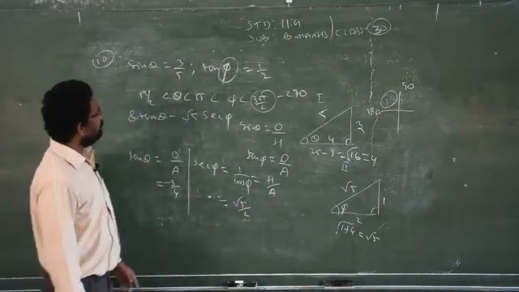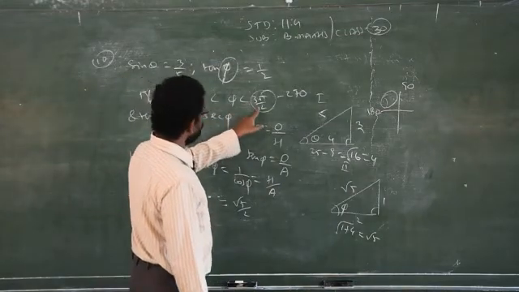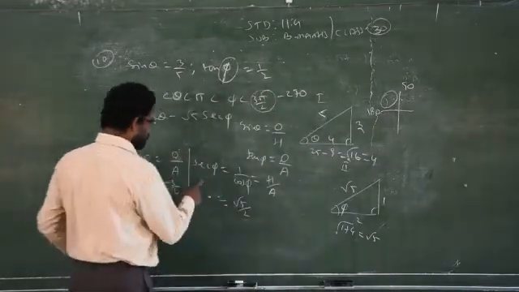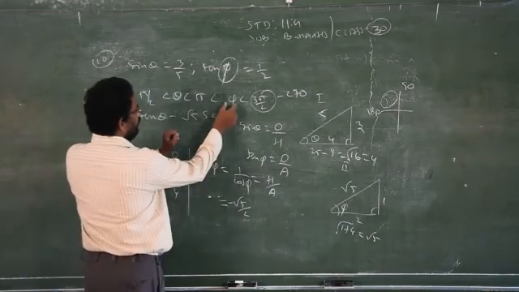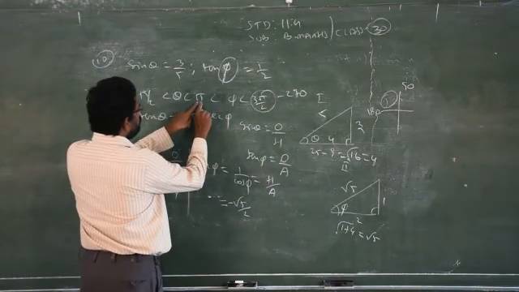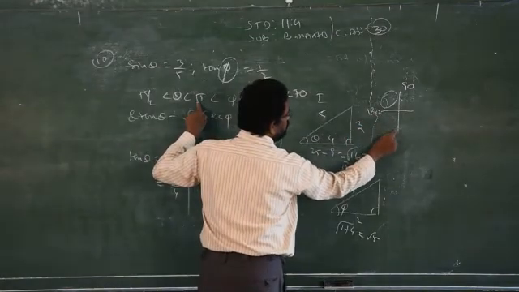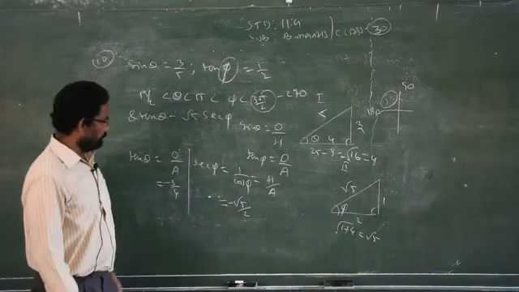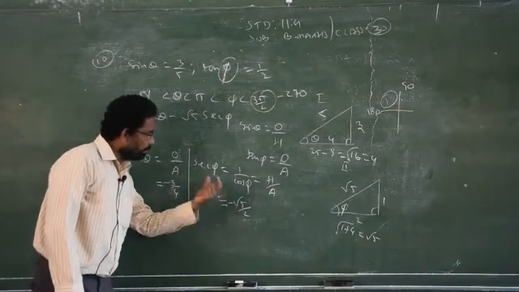Now you have to see where phi lies. 180 to 270. Tan alone is positive, but what is given here? Phi. Therefore you have to write a minus sign. See that angle phi lies between 180 to 270, that is the third quadrant. In the third quadrant, which one is positive? Tan is positive, but what do we have? We have only secant. Therefore you have to write a minus sign.